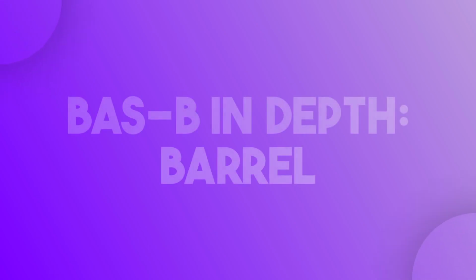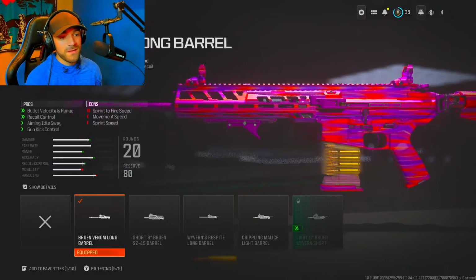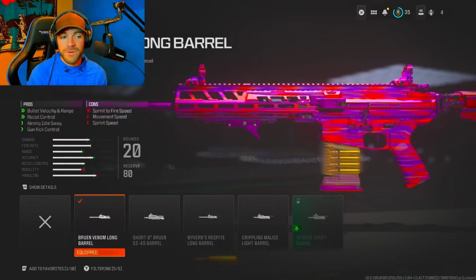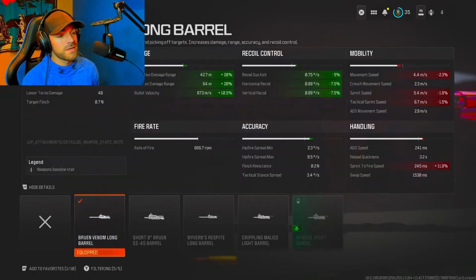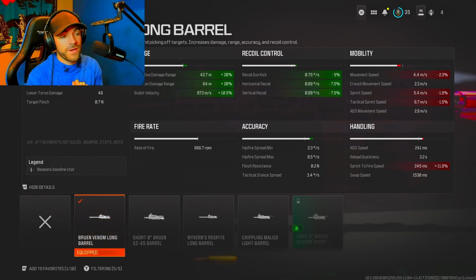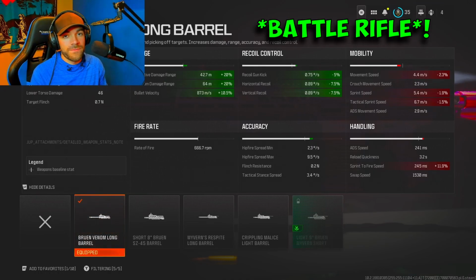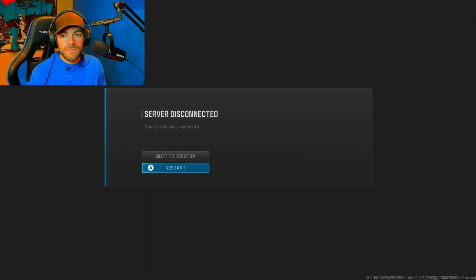All right, for the barrel, I like the Bruin Venom. Now I'm going to contradict myself a tiny bit here, right? You see sprint to fire speed in the cons, but the main reason is because the trade-off that we get for increased range and recoil control is very good. And especially, guys, this is an assault rifle. It's not a submachine gun. You shouldn't be kind of running into...